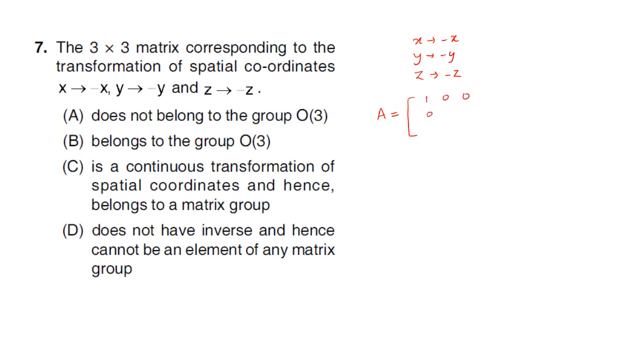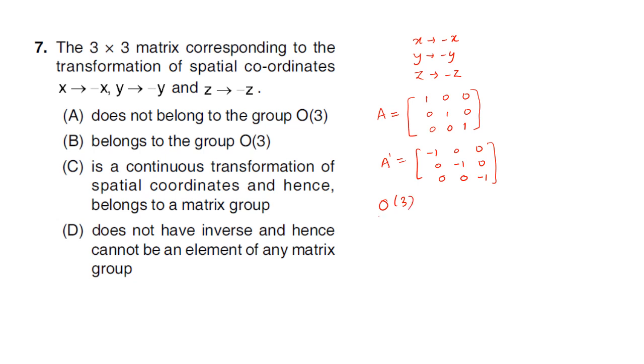Just 1 0 0, 0 1 0, 0 0 1. Then this transformation gives A prime equal to minus 1 0 0, 0 minus 1 0, and 0 0 minus 1. Then here in option A it is given that it does not belong to group O3. In option B it belongs to group O3. So O3 is